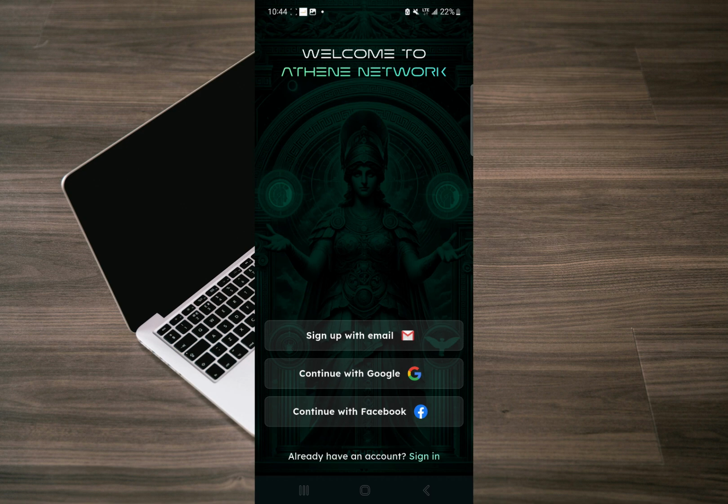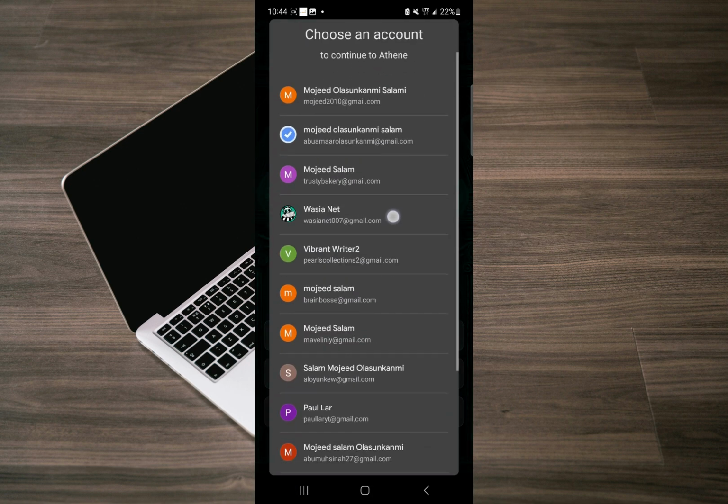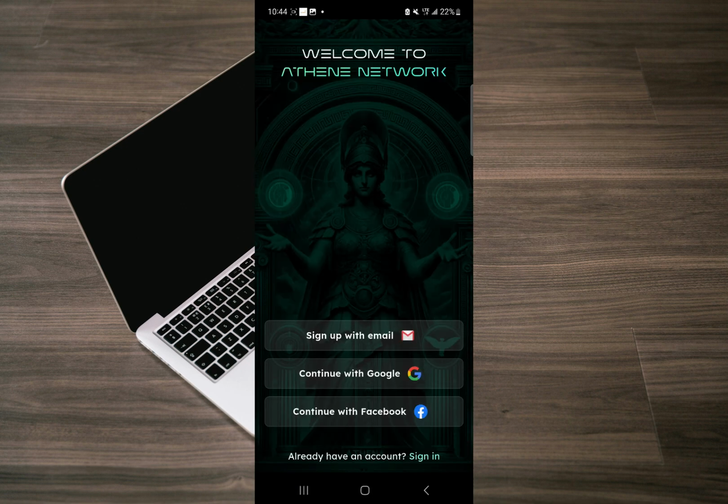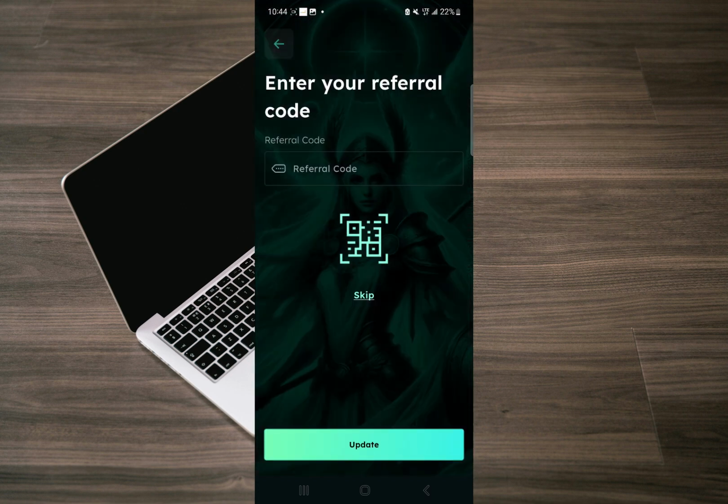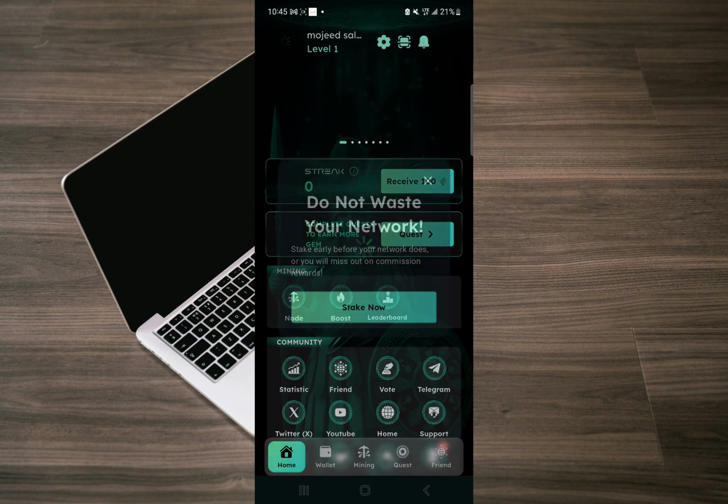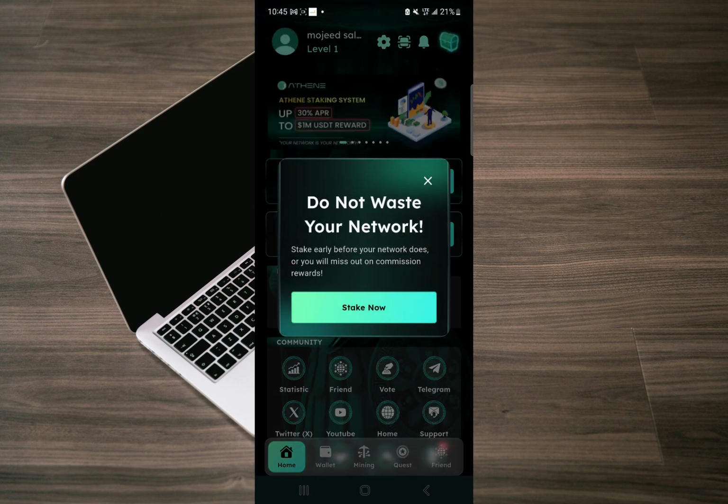You can also sign up with your Facebook. In my own case, I'm going to sign up with my Google account. Now I can just select any of my accounts and proceed. Now it's requesting if you have a referral code, you can input the referral code here. In my own case, I'm going to just click on skip, and so we have successfully created an account on